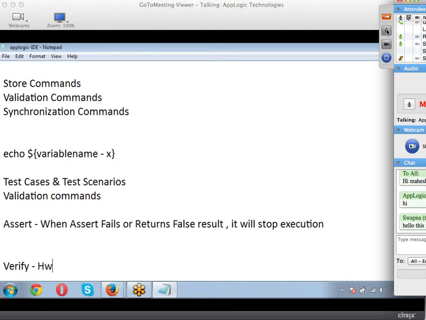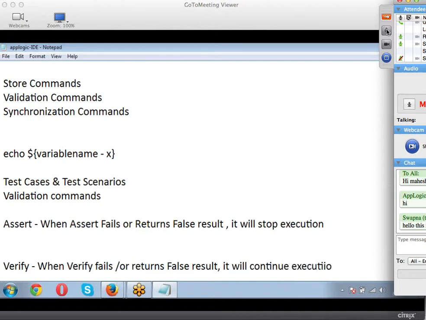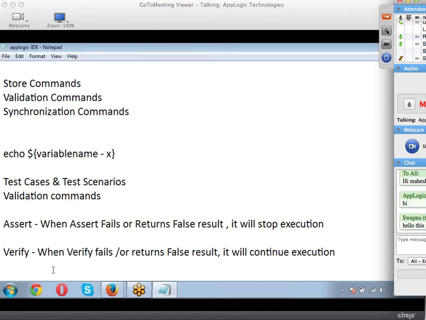Let's verify. No stopping of execution. That's the difference between assert and verify. Understood the difference?